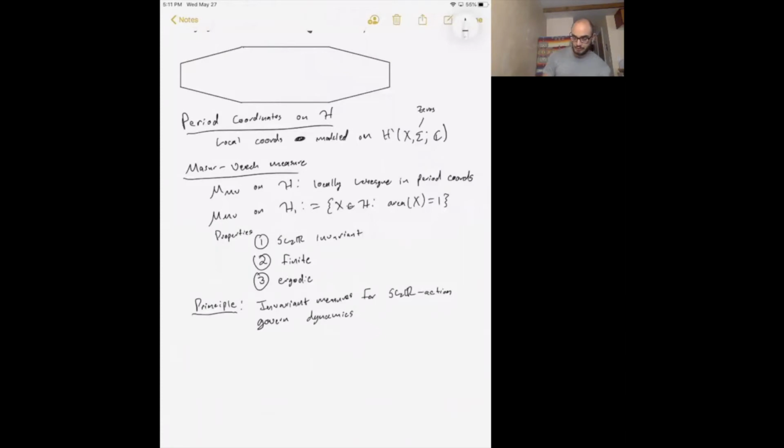So how do you go about studying all the invariant measures? Well, a priori, if you didn't know anything, you might think the measures could be kind of crazy things. Maybe their supports are kind of fractal subsets, but it turns out that these measures are all fairly nice. So there's this landmark theorem of Eskin-Mirzakhani,